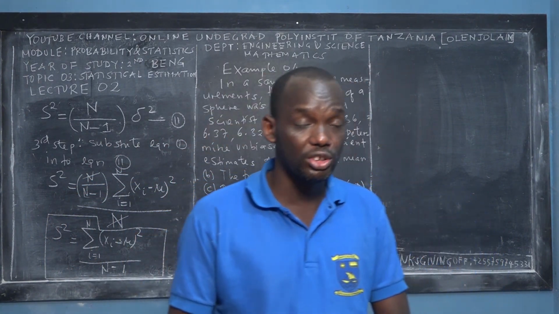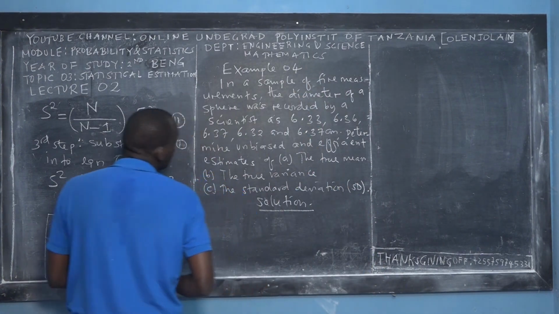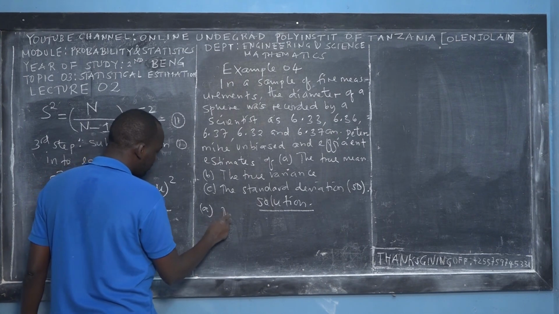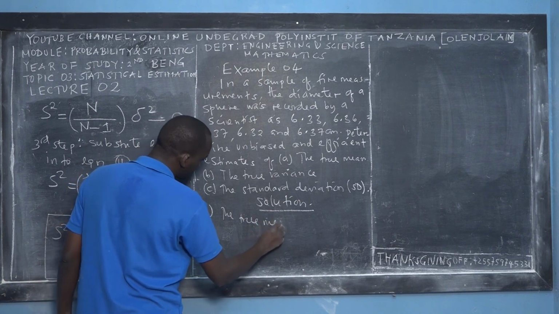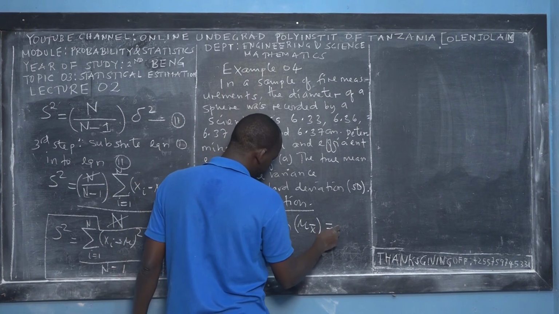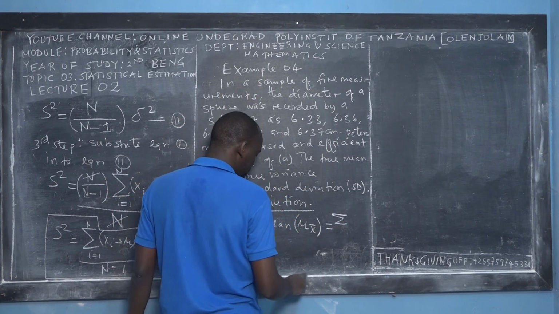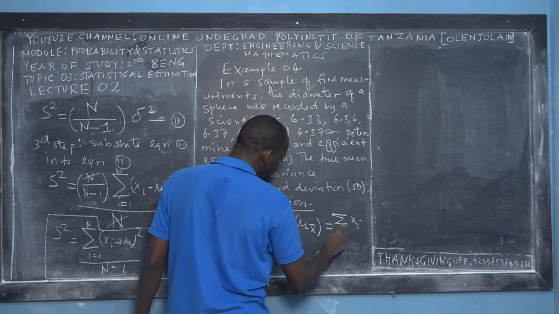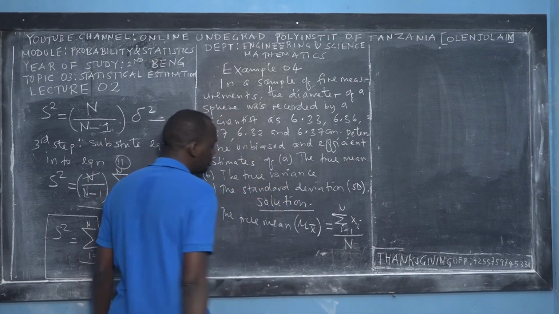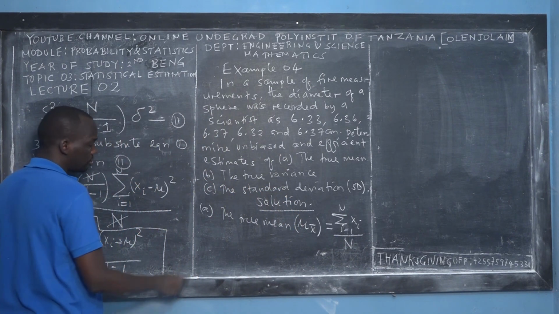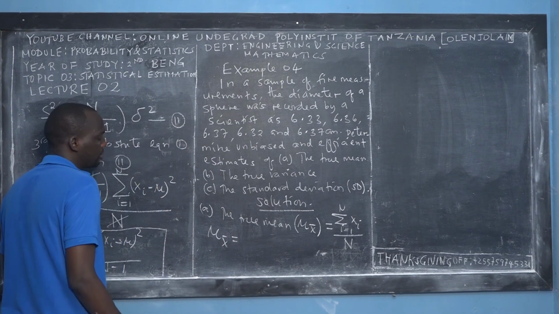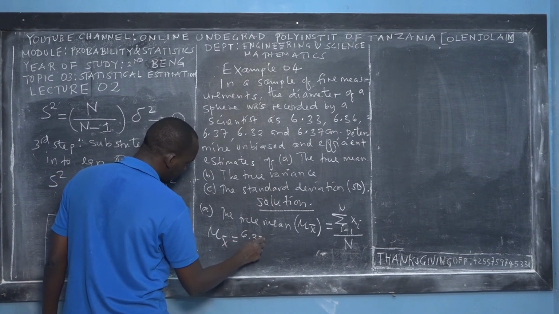So for Roman A, the true mean, this is the mean of sampling distributions of means, and I have already taught you at the beginning of this lecture, which is given as the summation of xi, i equal to 1 to n, over the sample size n. So the true mean for this case is equal to the given statistical data. So we have 6.33 plus